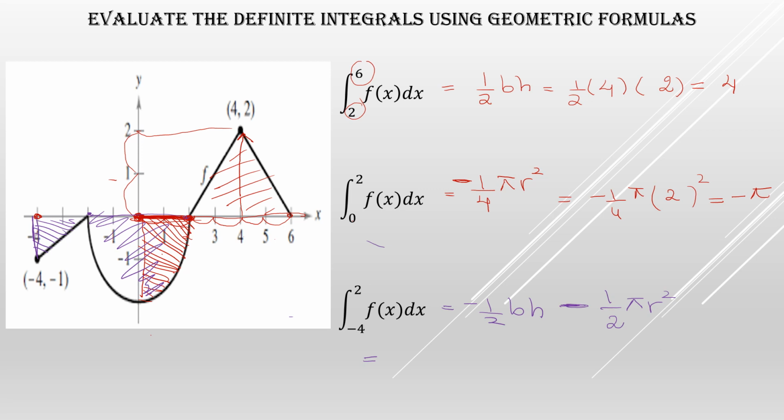Here negative half as it is. What is the base? The base is two boxes, 1 and 2. So write here the 2. The height is only 1. Okay, this is the height and you have only one box. Minus this half of the semicircle, write it as it is. Pi as it is.